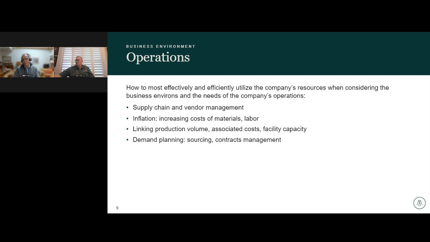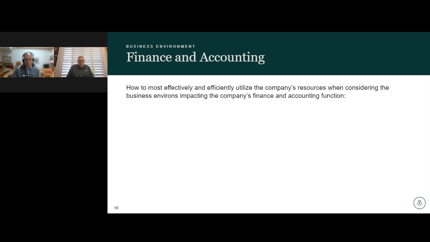Demand planning, think about maintaining your grape supply, planning forward, know what your contracts are, know what the terms of the contracts are. With technology today, you can organize your contracts so that you can look terms up very quickly. If you have contracts that may be expiring soon, you can look at which ones are and start planning in advance and maybe connect with that provider in advance, so you've got plenty of time to negotiate with them. And then in the area of finance and accounting,